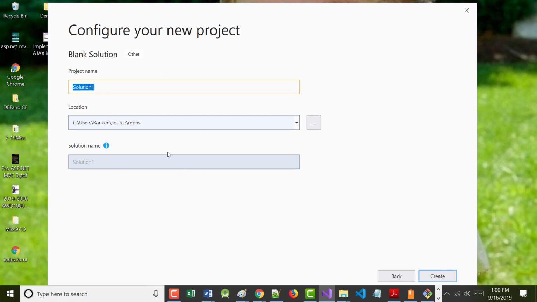All right, now, a couple things. First of all, it says project name. Again, I'm going to just call it Contoso. Now, it's very important when I'm doing this that we take this. We did File, New Project, but we're not creating a project right now. Remember, we chose blank solution. That's just verbiage that Microsoft uses. I don't know why, but they do anyway.